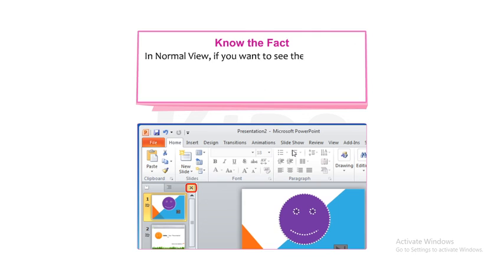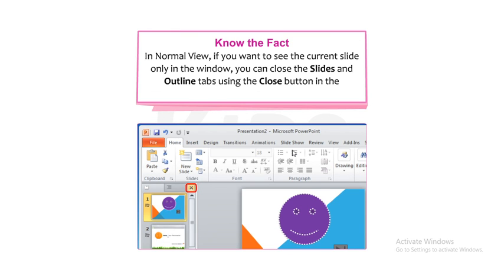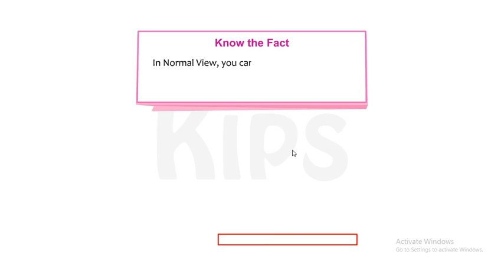Students know the fact. In normal view, if you want to see the current slide only in the window, you can close the Slides and Outline tabs using the Close button in the right corner of the Slides pane. In normal view, you can drag the splitter bar to narrow the pane. The tab names turn into icons. Now let us understand